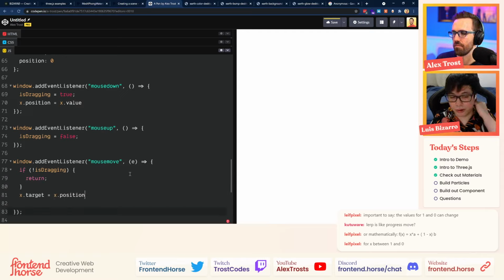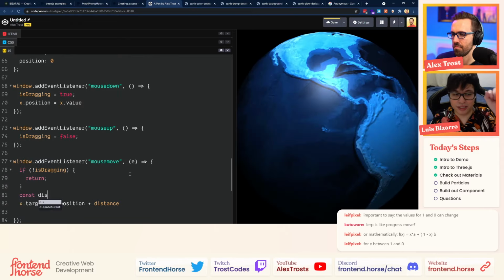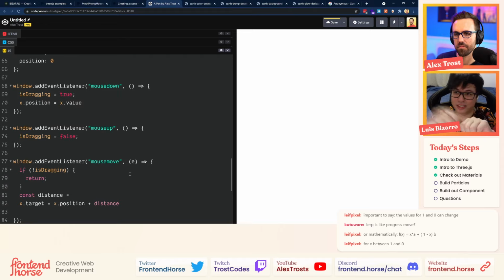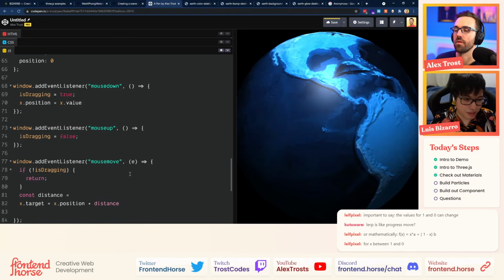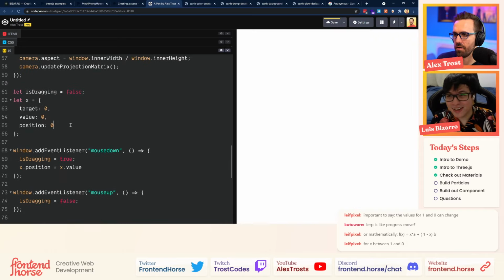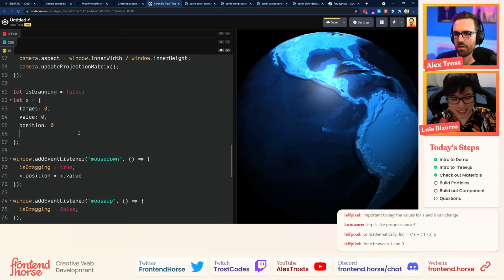And we're going to create a new variable called distance inside of this function, where we calculate where the user started to click and where the user stopped dragging. So distance is going to be e.clientX, and we are going to subtract that from another variable just for the first user click, let's call that x mouse.